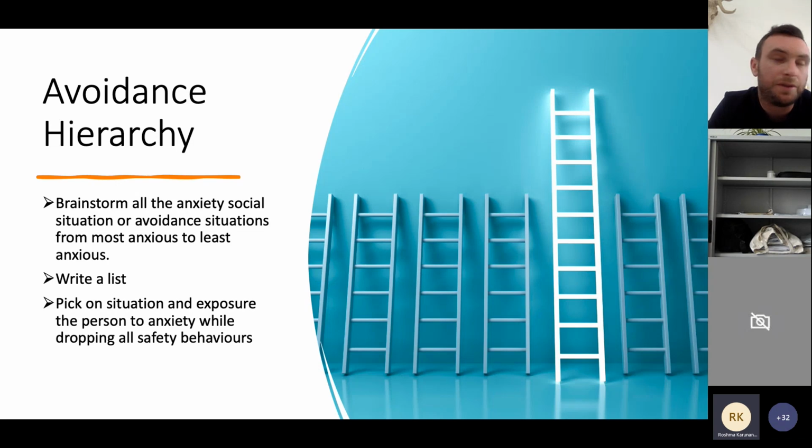Okay, so what we do is we get our clients, and this can start at the very, very beginning of treatment, where clients might say to you certain things that they avoid doing or don't do. And we can spend time trying to figure out or brainstorm all the anxiety situations which make a person feel anxious, okay? And we create a ladder. So at the top of the ladder is the most anxiety-provoking, and the bottom of the ladder is the least anxiety-provoking. You can also make it maybe avoidance. At the top, I avoid this, and at the bottom, I'm able to do it.